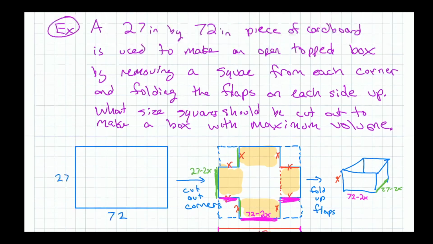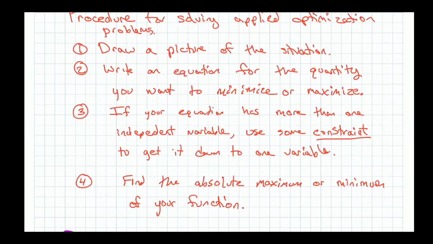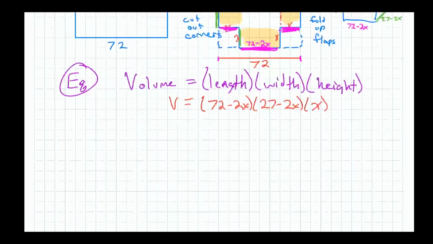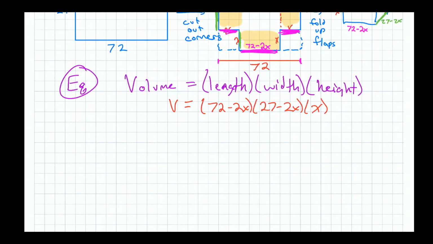Okay, now what's next? Write the equation for the quantity. If your equation has more than one independent variable, use some constraint to get it down to one. Okay, we just did that. We got it down to one variable. Now find the absolute minimum or maximum. So that's all we have to do. Once we have the equation, that was the hard part. Now we just want to